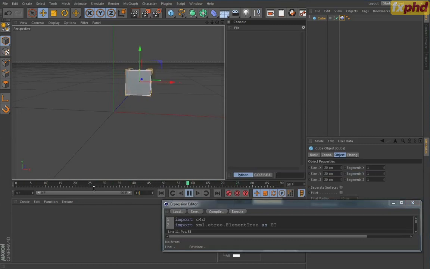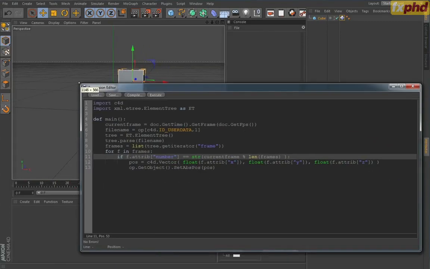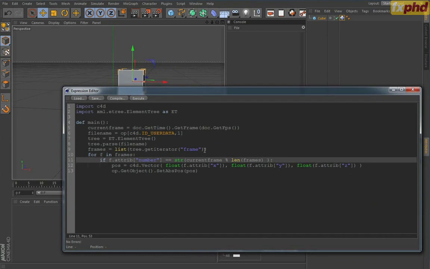And let's see, let's make this 104 frames, and that should now be looping correctly. There we go. So clearly this is a very simple example, but you can hopefully already see that this could potentially be very